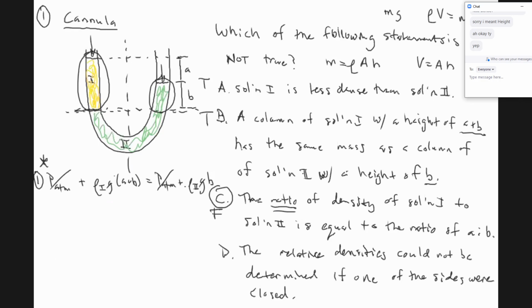So if we're comparing ratio of densities, what am I going to do? So let's start with that. We have density of solution 1 times gravity times A plus B is equal to density of solution 2 times gravity times B. Now it's just algebraic manipulation, right? To find the ratio of densities, it's literally one density divided by the other. So if I divide everything by G on both sides, what happens? They all go away. If I divide everything by density of solution 2 on both sides,